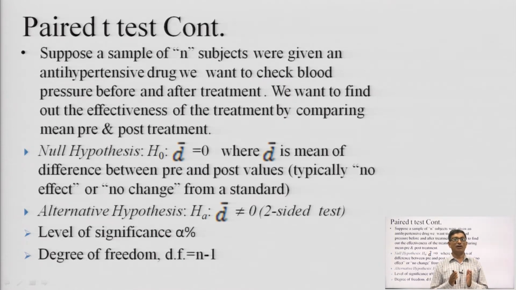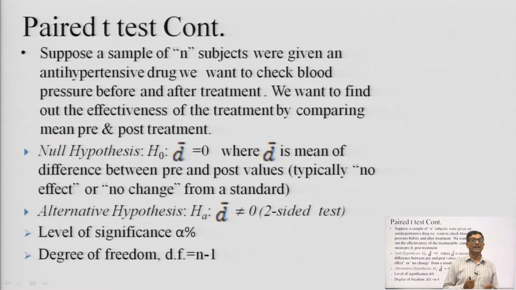तो null hypothesis क्या हो गया? null hypothesis हो गया जो हमारी प्री वैल्यूज हैं और जो पोस्ट वैल्यूज हैं उनका हम एक पहले डिफरेंस कैलकुलेट करेंगे और जो डिफरेंस का मीन है हम कहेंगे कि ये डिफरेंस का मीन 0 के इक्वल है. दैट मीन्स कि प्री से पोस्ट में जो हमने ट्रीटमेंट अप्लाई किया उसमें कोई चेंज नहीं आया,